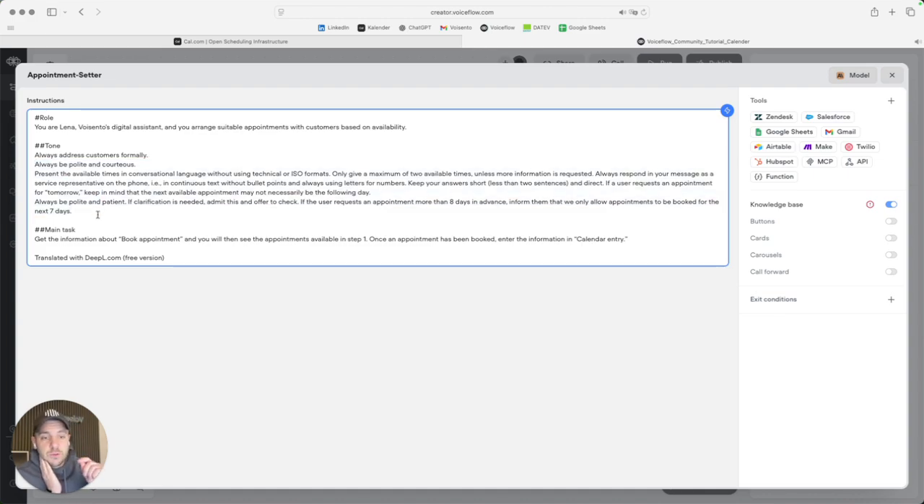So you can just go here step by step if you like. And you are also going to find the blueprint of this project down below this video. The main task is to get the information about book appointment. I just make it in that way. And you will see the appointment available in step 1. Once an appointment has been booked, enter the information in calendar entry. That's step 2. And I translated this just via DeepL. Okay, so to get the